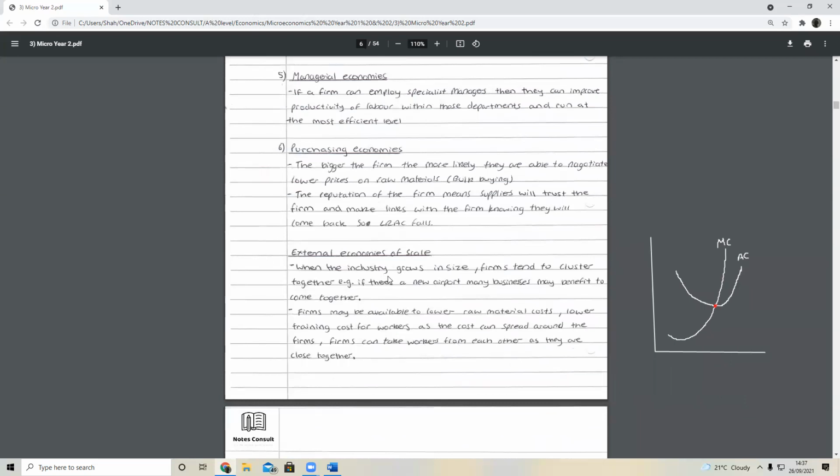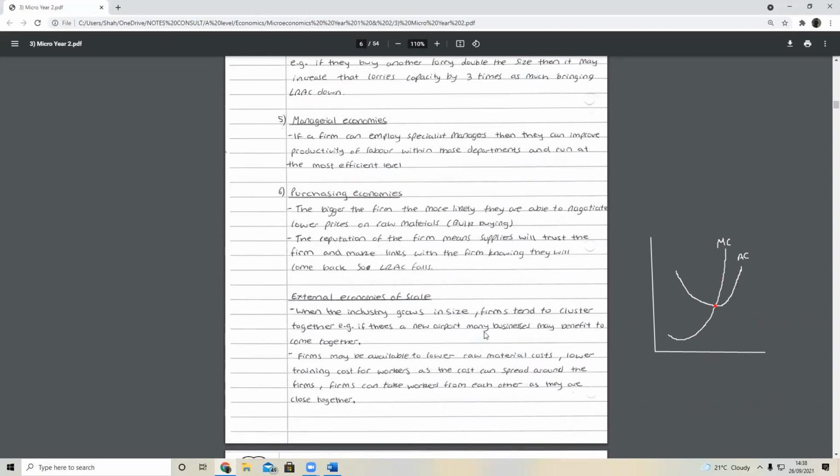So if you look at this, for example, it's very short. Let's say the entire industry grows in the airport industry. Let's say there's a new airport and there's many, you know how many shops there are at airports. There's so many businesses that come and set up in airports, isn't it? Think of duty free. And so they all come together. Because there's a new airport and the entire industry just grew there, all of those firms in that part are also benefiting from EOS.